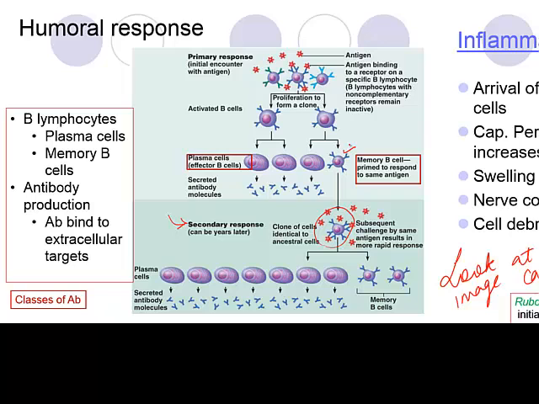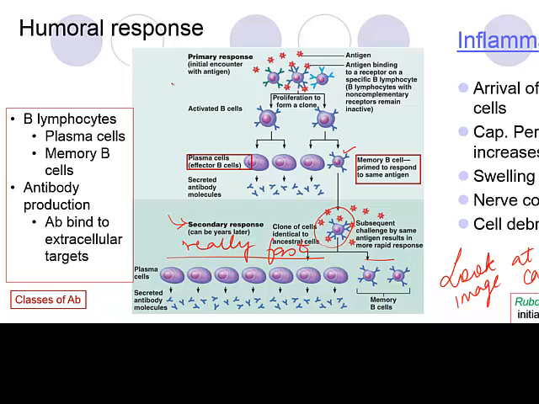Now they recognize the antigen immediately. So what they do is they do the same thing. They clone, form many plasma cells, and they form some more memory cells so that memory keeps living. But this response is done really fast. And therefore, the secondary response occurs really fast. So that's the purpose of forming these